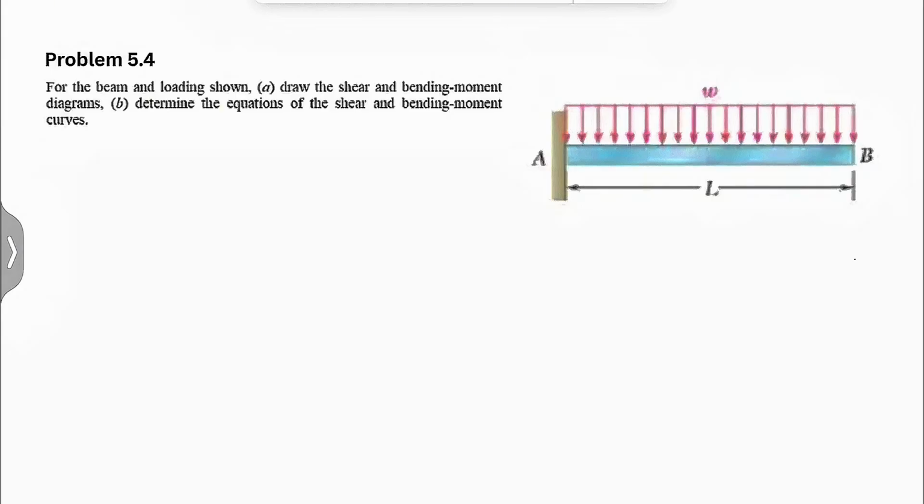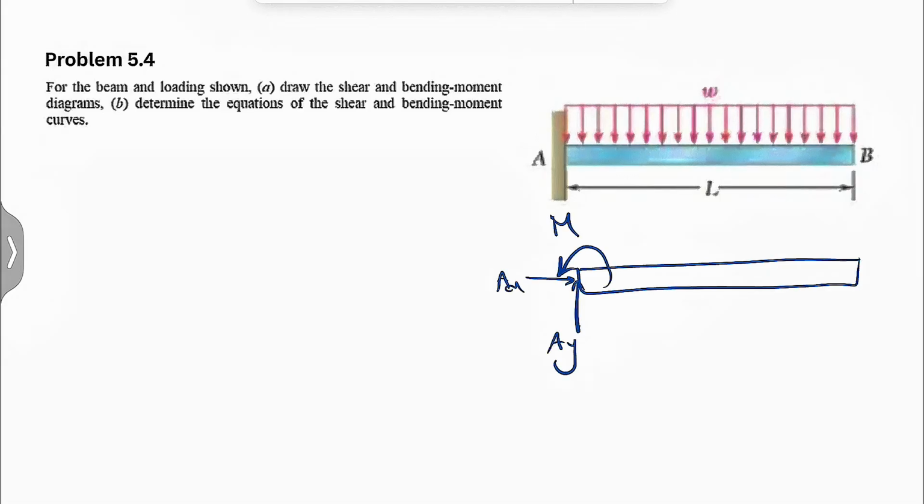And for the beam and the loading shown, we need to draw the shear and bending moment diagrams, and in part B determine the equations of the shear and bending moment curves. So as we talked about in the previous videos, our first step in this question is drawing the free body diagram for the beam. Keep in mind that we have a fixed support at point A, which means if we just want to show all the reaction forces for fixed support, we have AX, we have AY, one moment,